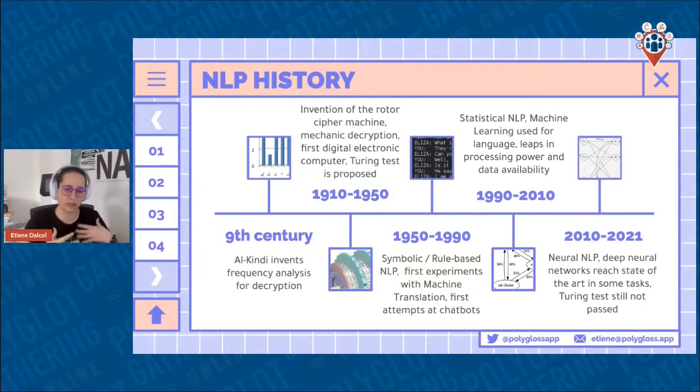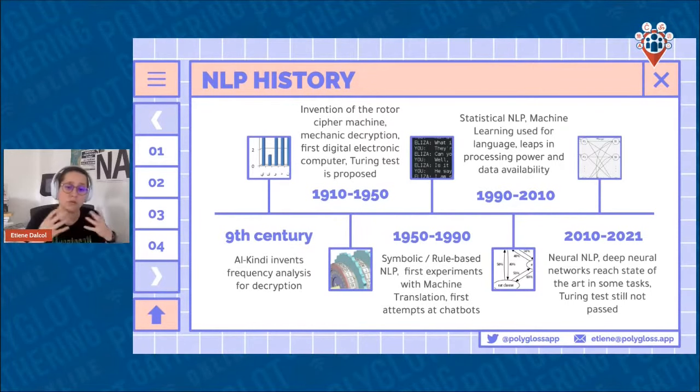Because we have been doing computational processes with languages way before that. Normally when we think about computers, we think about numbers and number crunching, but the whole history of computers itself is very attached to dealing with language, right? In the World War, we weren't just doing ballistics calculations, we were also trying to decipher encrypted messages, right? And we can even tie this further back to when Arab scholars first started using statistical analysis to decrypt messages,